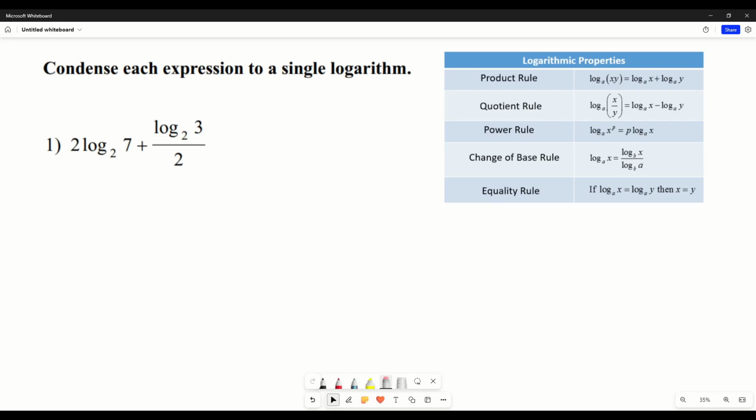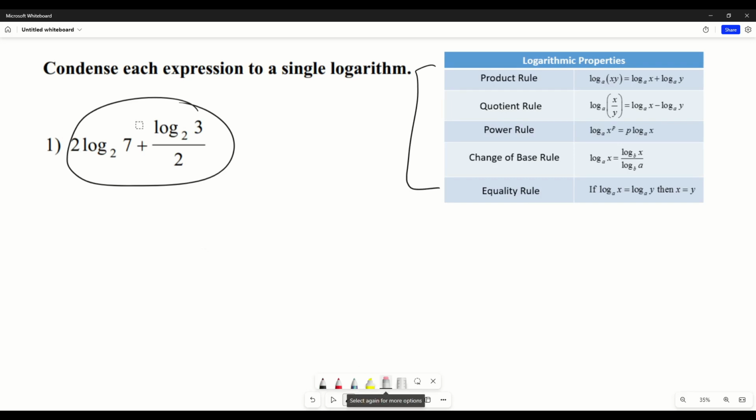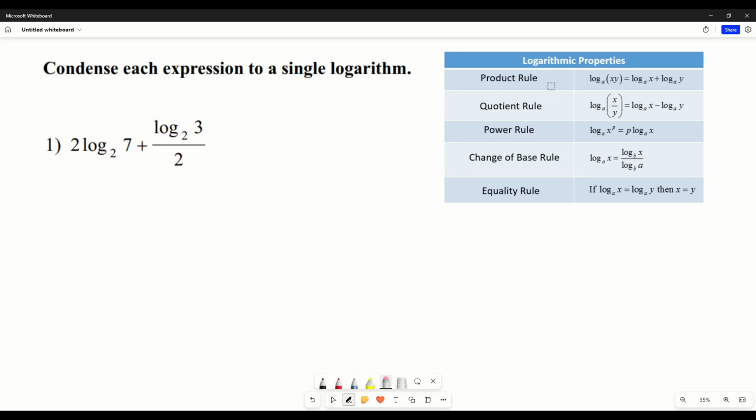A question like this says condense each expression to a single logarithm. So we're just taking this whole logarithm and combining it into one single logarithm using these properties to the right of the screen. As I solve through these problems, I'll be identifying which rule we're going to be using. So for question 1, we have 2 times log base 2 of 7 plus log base 2 of 3